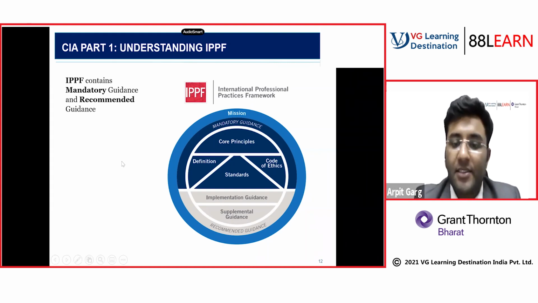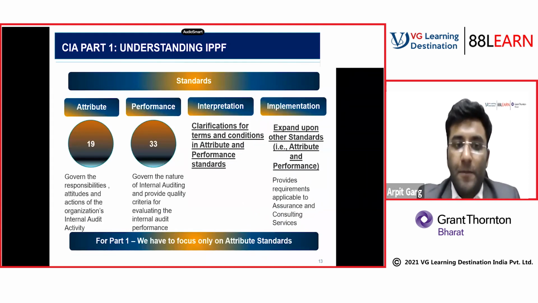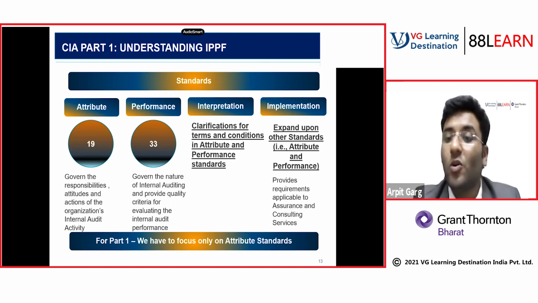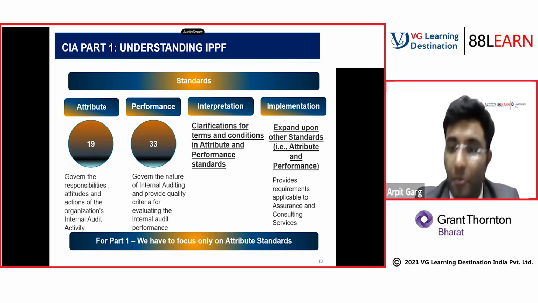So let's take an overview of the standards, folks. I have created a summary for you all. There are four types of standards. Before getting into that, I will step back and tell you that we as internal auditors should know the standards. If someone asks us what are the different standards published by the Institute of Internal Auditors, do you even consider that when you're doing internal auditing? We as professionals, having 10 plus years, 15 years, or even 5 years of experience, don't know the basic standards. We don't even know what types of standards have been published by the IIA.